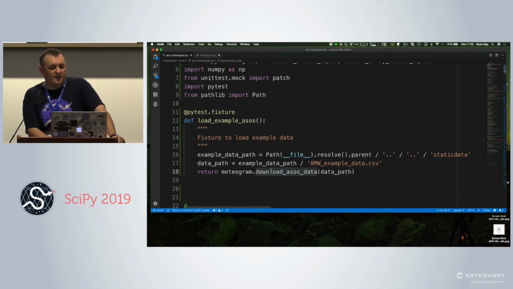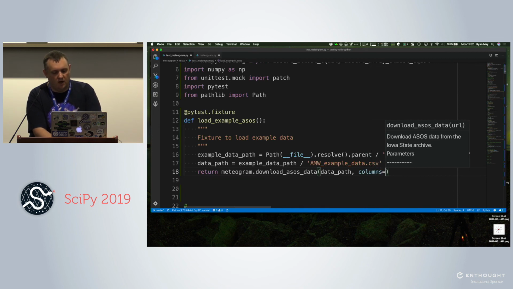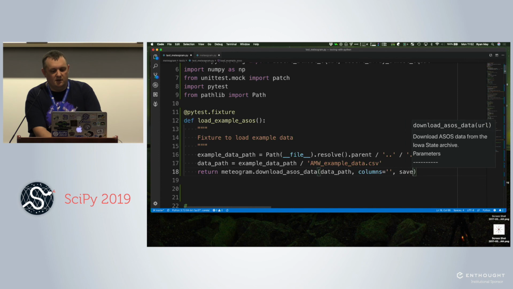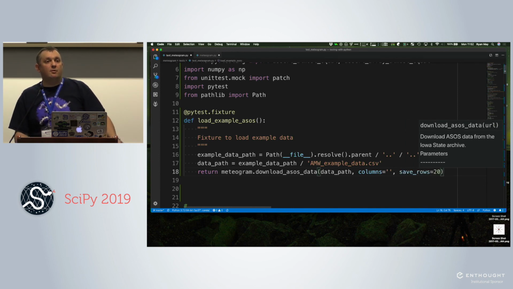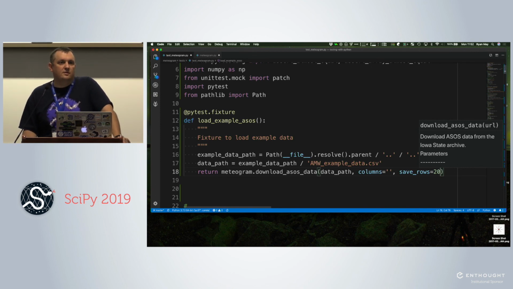So if I decide to refactor this function and there are parameters like columns equals whatever, and maybe additional API parameters, and I've got a test suite that uses the same data 20 times, if we don't use a fixture like this, we've got to update 20 calling sites to change how my test data is loaded. Whereas by using the fixture, I've got one place where I can change how this input data comes in, and I don't have to update all those 20 calling sites. It's a modularization type feature.